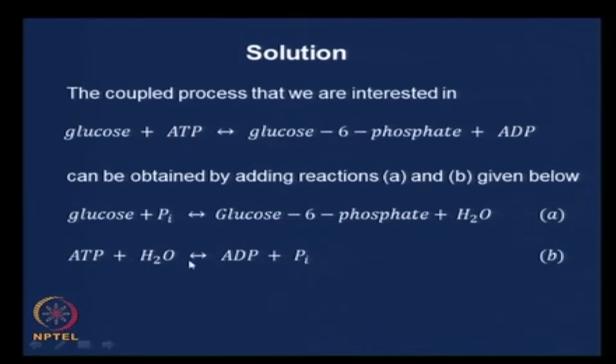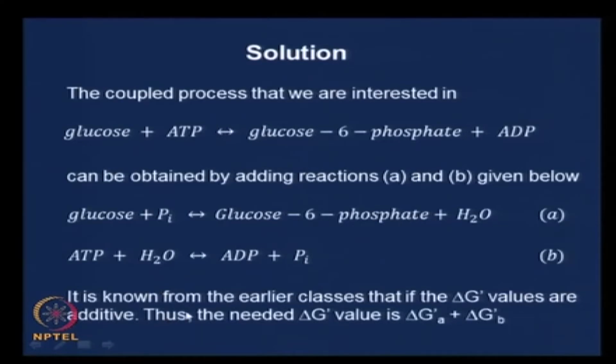If you add these two, it is easy to see that you get glucose plus ATP, because water here will cancel out, Pi here will cancel out, and what we are left with is glucose plus ATP giving you glucose 6 phosphate plus ADP right here. So, just the addition of these two will be fine,